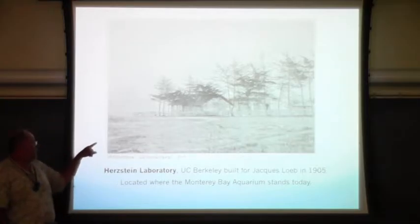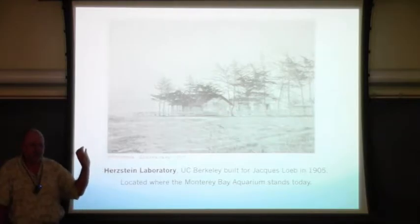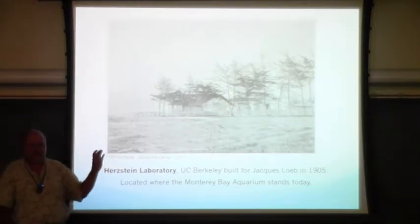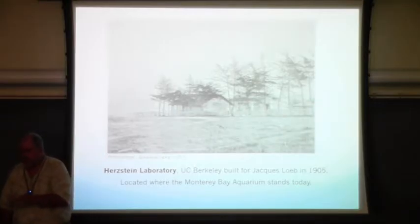This is the Hertzstein Laboratory, one of the very few pictures that we have of it, basically at the foot of the Monterey Bay Aquarium. I like to think of it as at the door where the Monterey Bay Aquarium is. So that property was owned by UC Berkeley. The story goes,